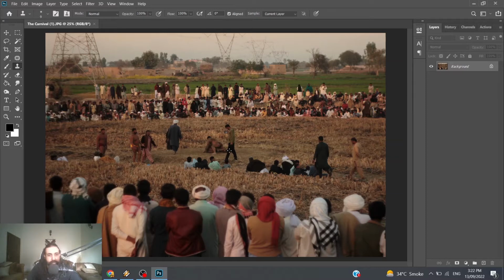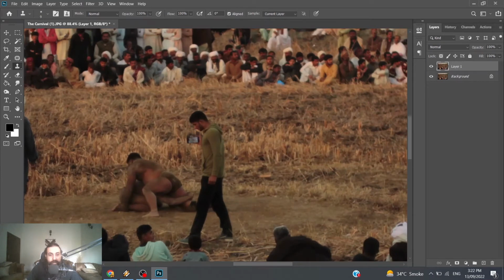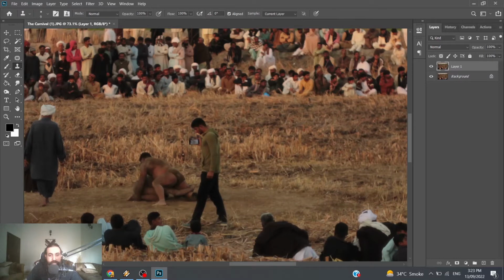these people. Okay. So as a rule, we first of all create a new layer in Photoshop in case something goes wrong, so we can undo it. Like we can remove the layer and everything's gone. So let us zoom in, and we can make it sharp later, but first of all let us remove this guy. And I think it's very simple because I have worked with this software for a long time, so